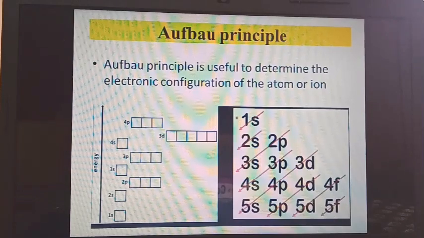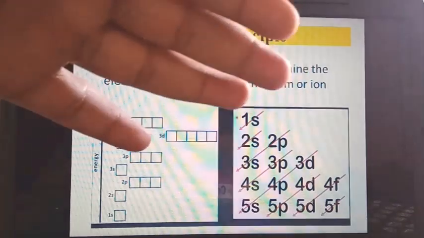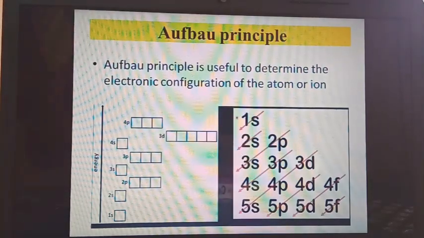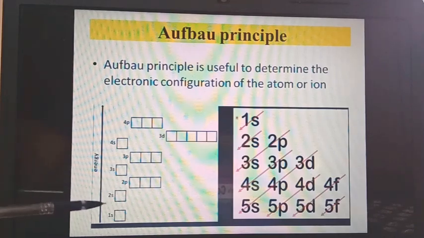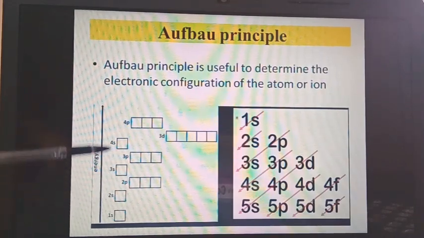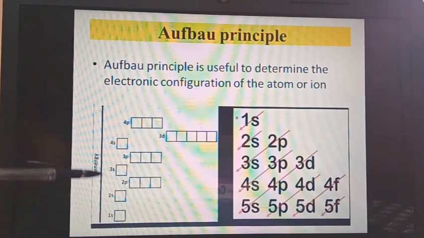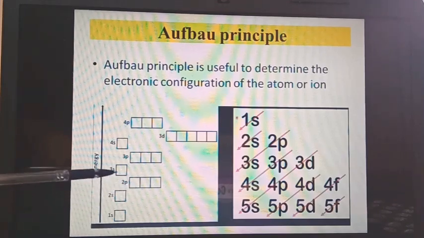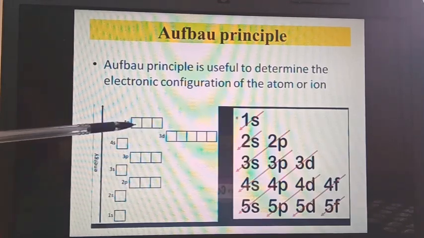So we are moving forward to the Aufbau principle, which is the most important to find the electronic configuration of any atom. You can see here there are different series like 1s, 2s, 2p, 3s, 3d. It means there is a special arrangement, so it gives an idea about electronic configuration. Shells and orbitals are arranged according to their energy. Lowest energy, that is 1s, is at the bottom, then 2s, then 2p, 3s, 3p, 4s, 3d and 4p.